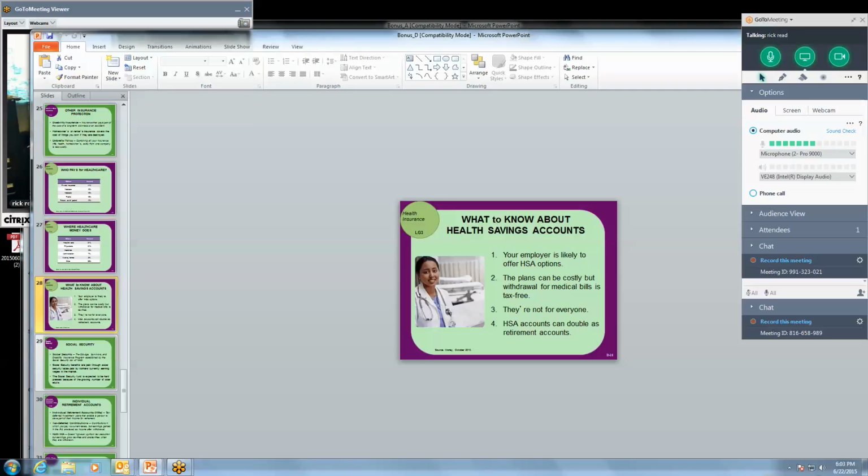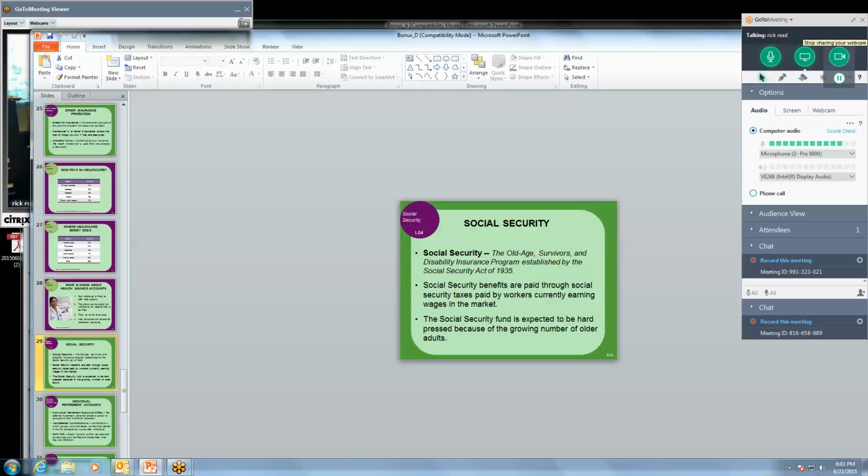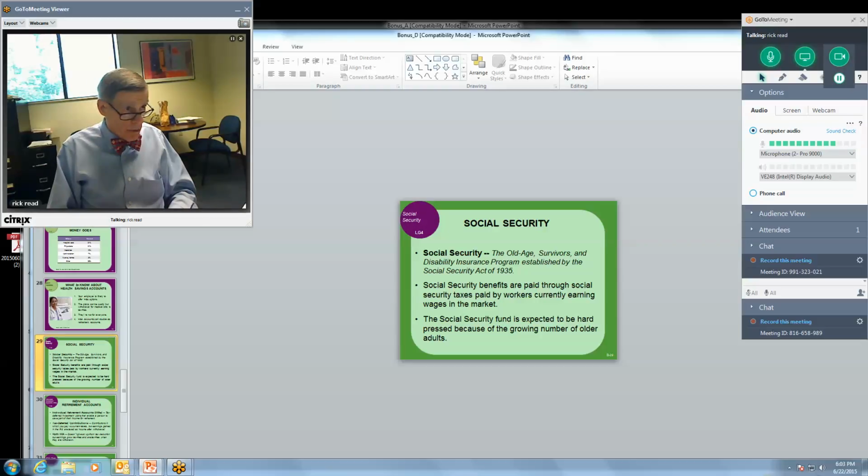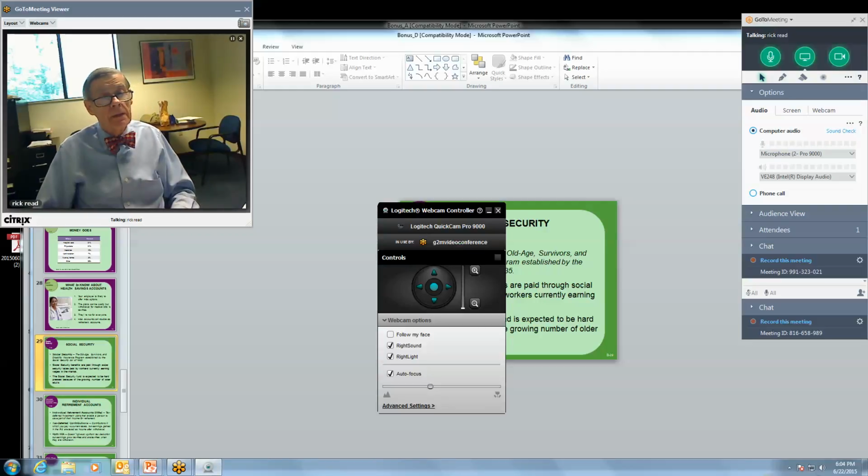Social Security, properly known here as the Old Age, Survivors and Disability Insurance Program, established by Act of Congress in 1935, and we pay for that through Social Security taxes. People are eligible to receive Social Security at a reduced rate at age 62, and then it gradually goes up. There's a lot of clamor about changing the Social Security retirement age, moving it up to 69. But the problem with that is that it actually hurts the people who need it the most.